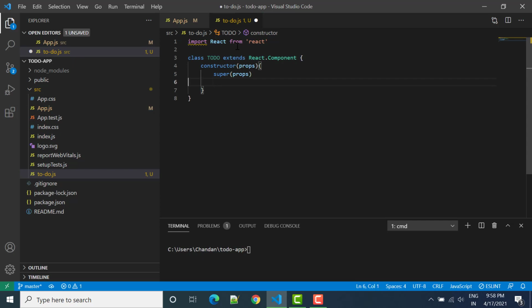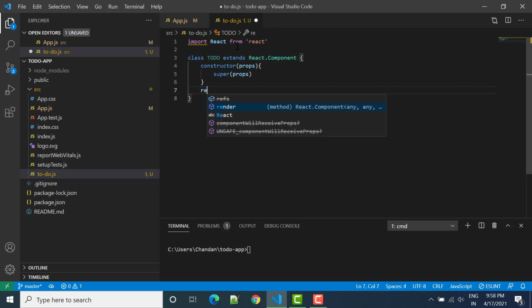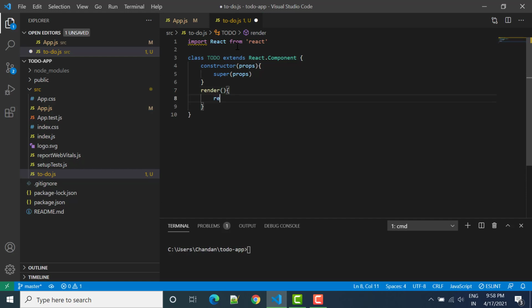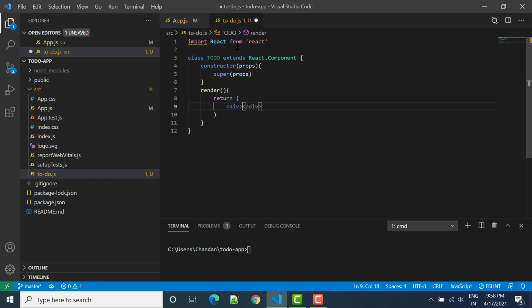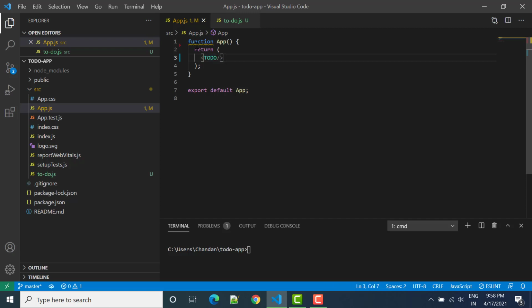Now once we have done this, we can create render. This render will return a component. So here we can add one div component, and in this div we can write hi, welcome to ToDo app. So I have just added these things. Let's save it, and once we go here in app.js, we can see we have this ToDo app,